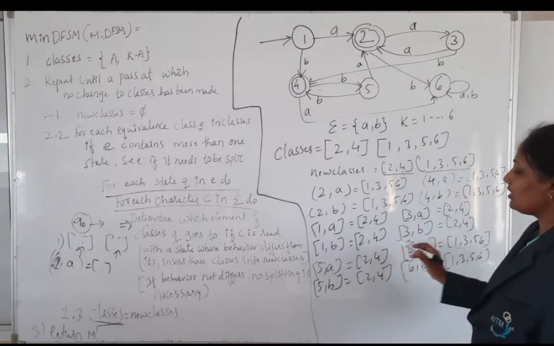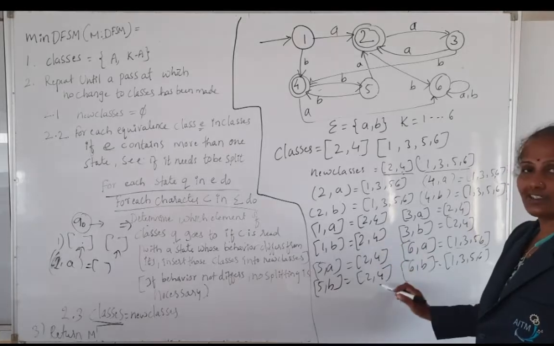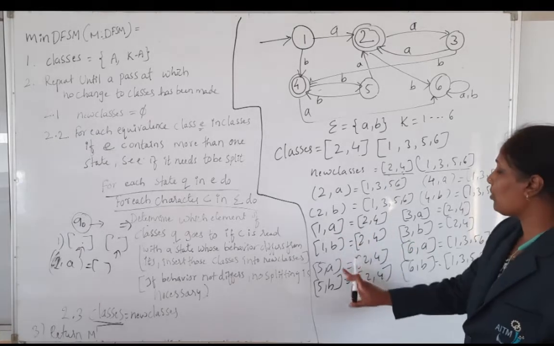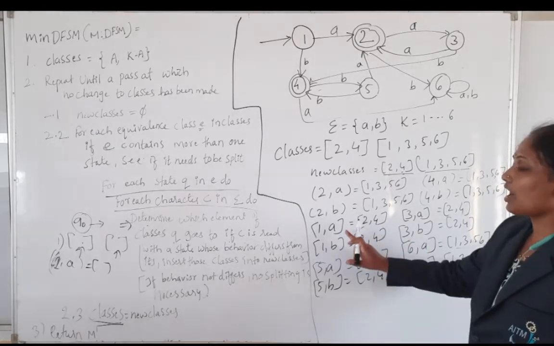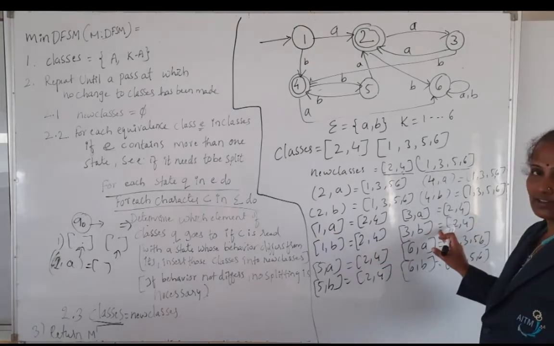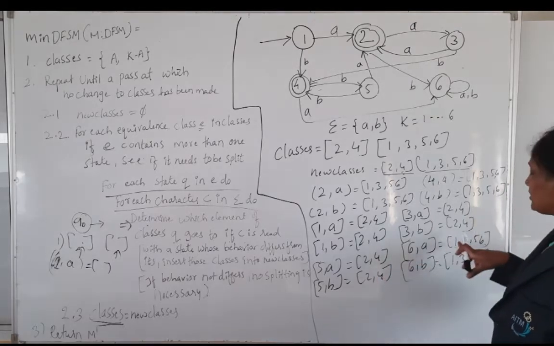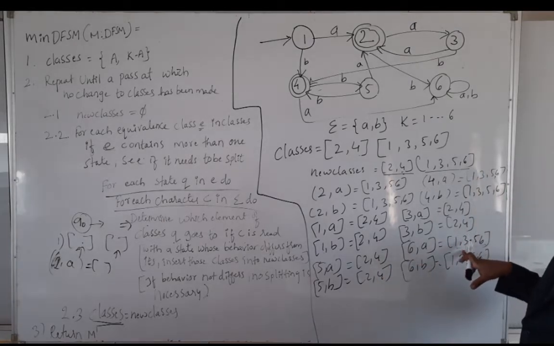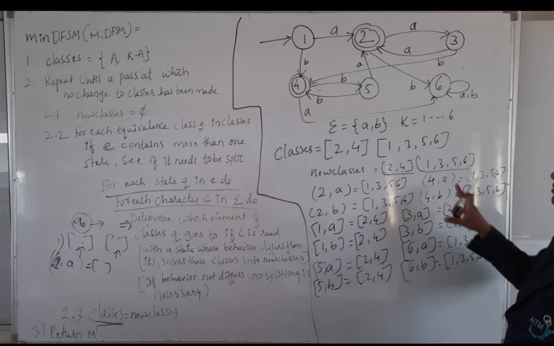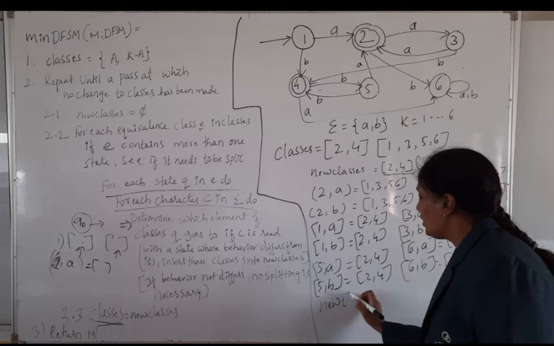So based on this, check out the 1 of B, 3 of B, 5 of B, again you are reaching the same class. So I will make a group of 1 3 5 because after accepting the A as well as a B, I am reaching the same class. So these are the indistinguishable classes, where this is moving to a distinguishable class. So I will divide 6 from this group. So I will write a new class list here.